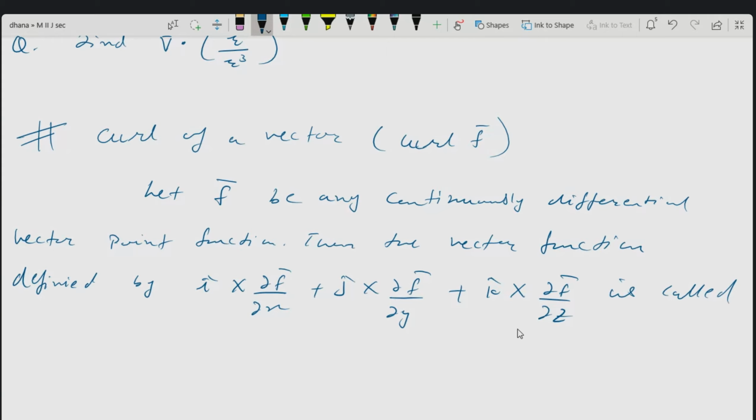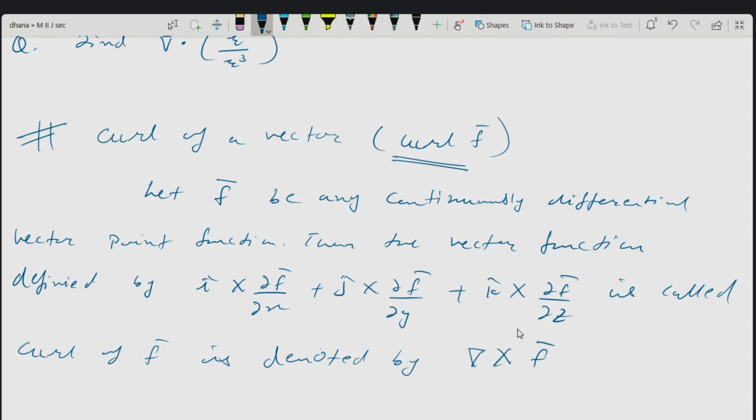So this is a vector function and this is called curl of f bar, which is denoted by del operator cross f bar. So divergence is denoted by del dot f bar, curl is denoted by del cross. So del cross represents curl, del dot represents divergence, on a vector function, of course. It is not that after the cross you have something else and you will name it as curl. No. It has to be a vector only.